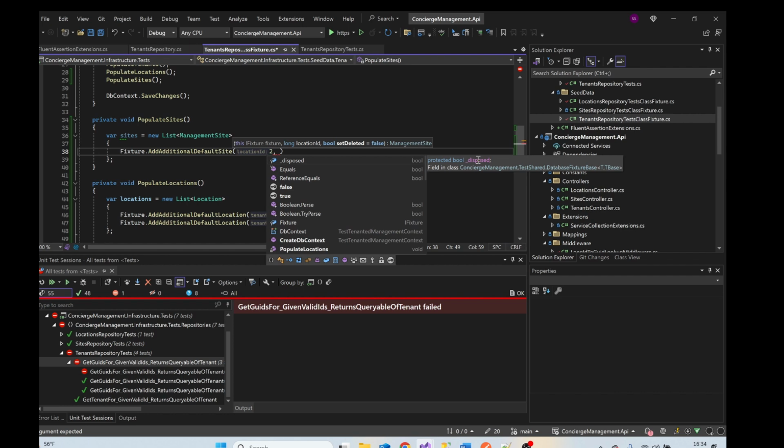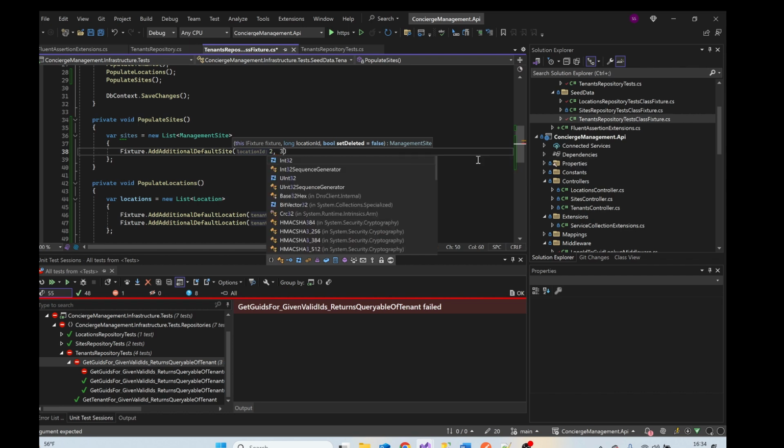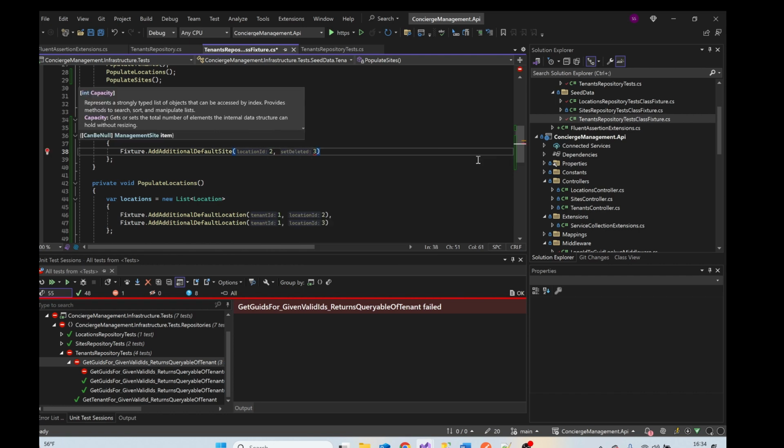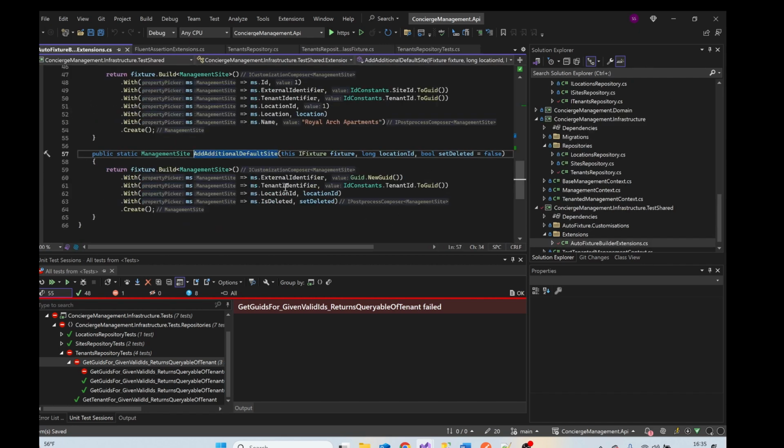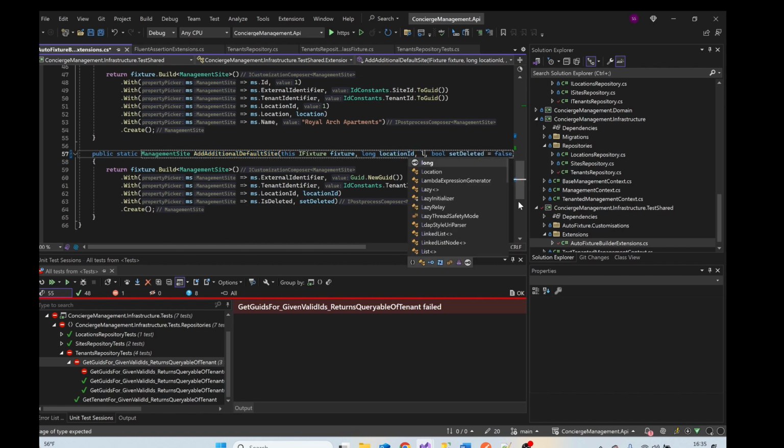I also want to be able to specify the site ID on this. So I need to modify this, taking a nullable long site ID, default to null,